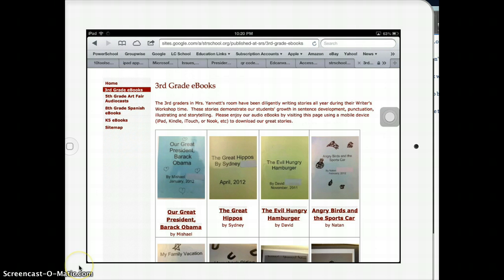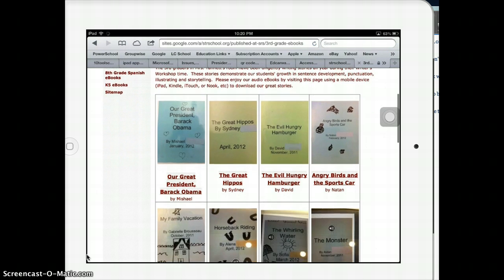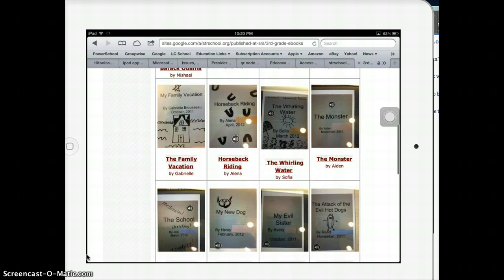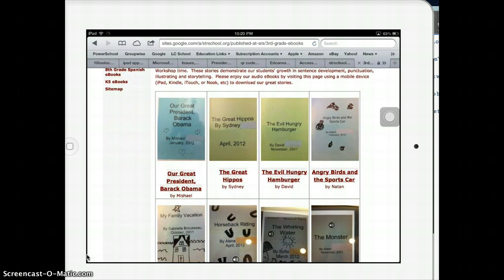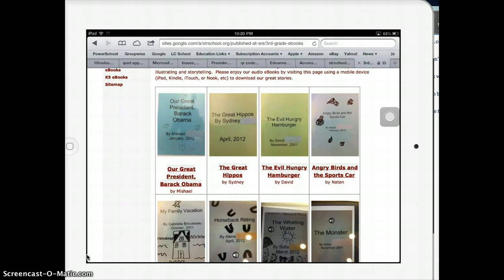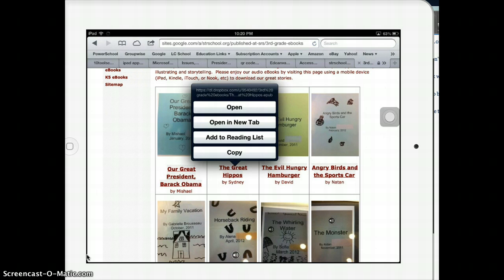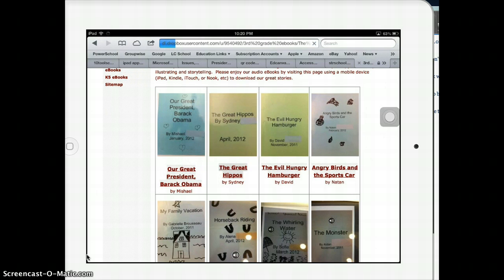Okay, in this e-publishing tutorial, here I'm showing you a web page that we've used to highlight books that we've created recently in a 3rd grade classroom. These are all books that students created, and this web page has the links to a Dropbox account. So when I click on this, you're going to see that it will say open, and if you look up at the URL, it will change to